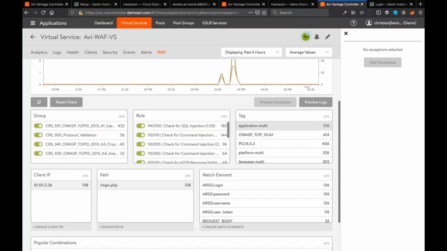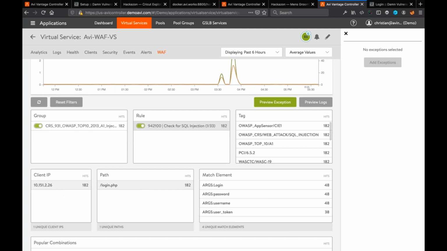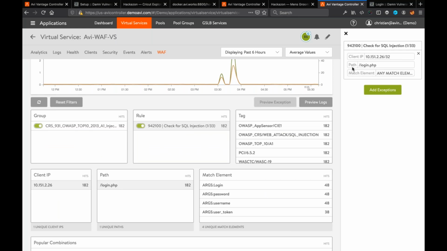And if I want to see, for example, this particular rule, because again, let's assume it's a false positive, then I can do the same exclusion here. A similar idea as out of the log file, we can do similarly here on the Web Analytics page.